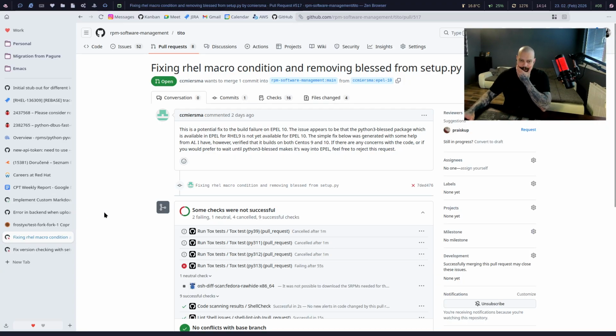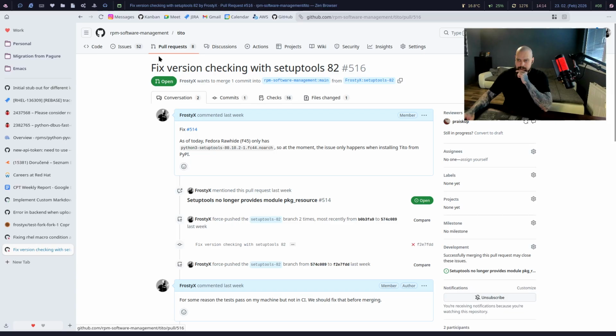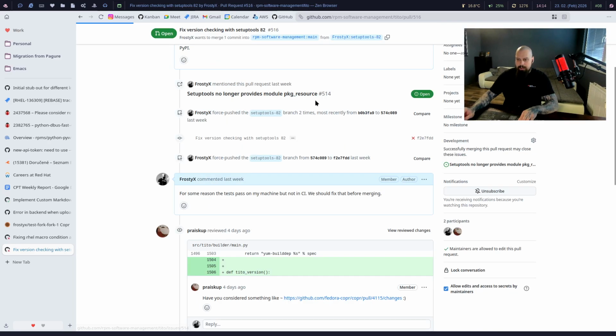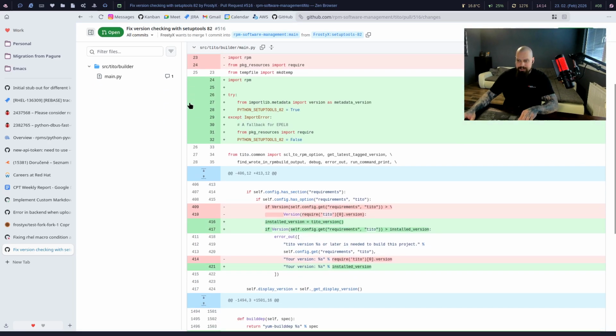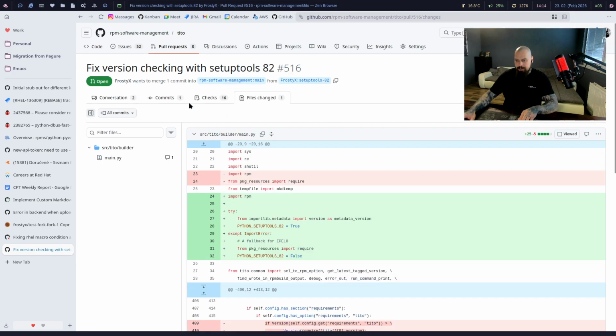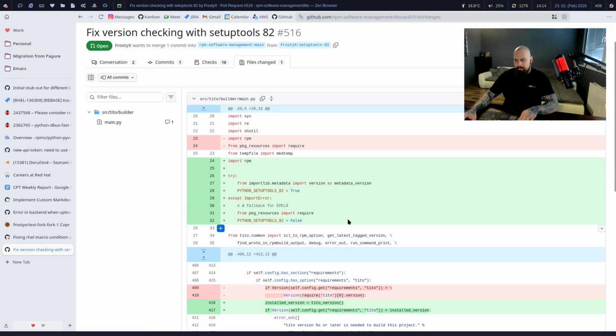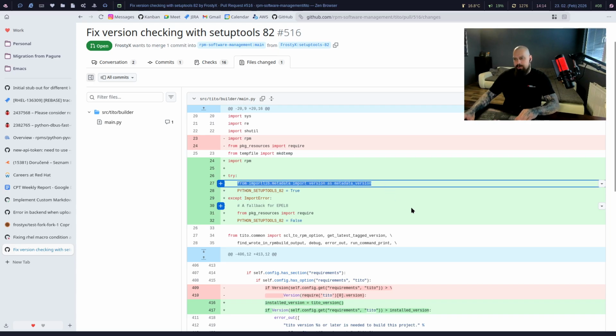So the last time we worked on this, we were working on support for setuptools version 82, and it was quite a simple backwards compatibility fix. On the video we did it a bit differently, but then I refactored afterwards. So it was a simple thing basically. We tried to import